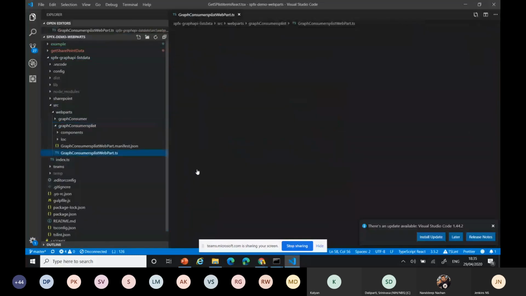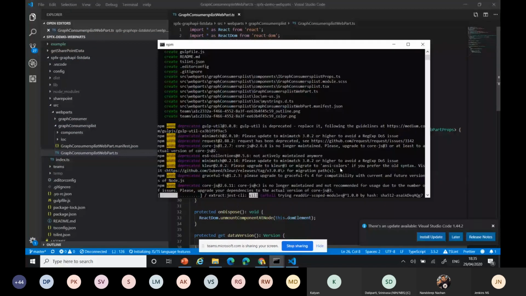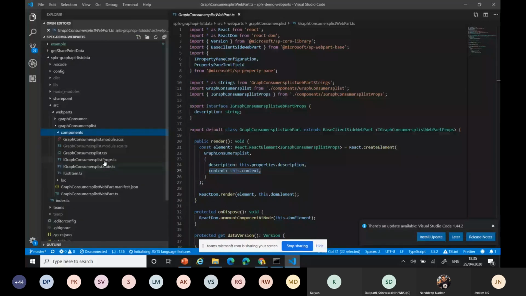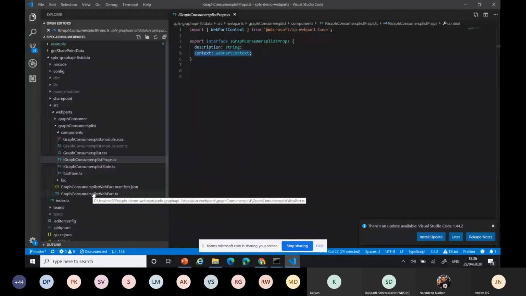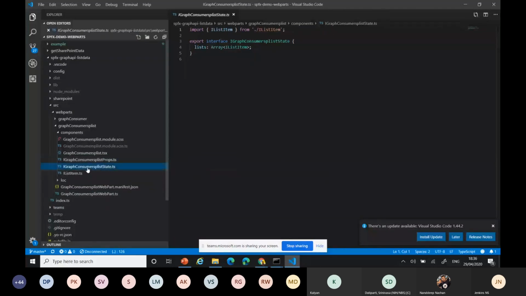Whenever the web part opens like this, we can get this state. Anyway, it's creating. For this, I need a web part context. I'm getting the list context. For that, I create my web part context here in my properties. I use the context from SPFx web part base and get the web part context, from my JavaScript React component properties.